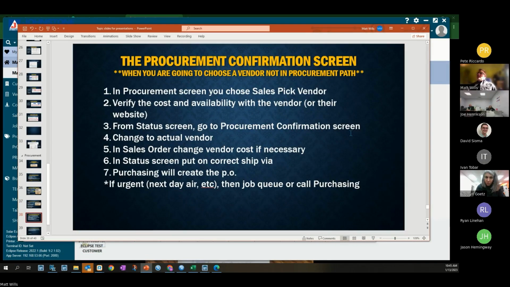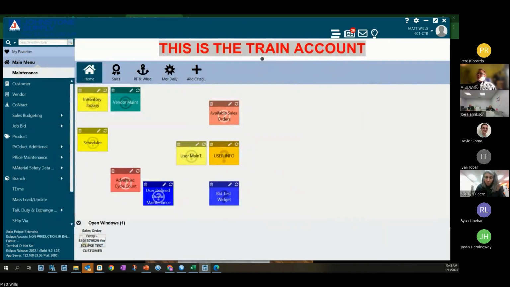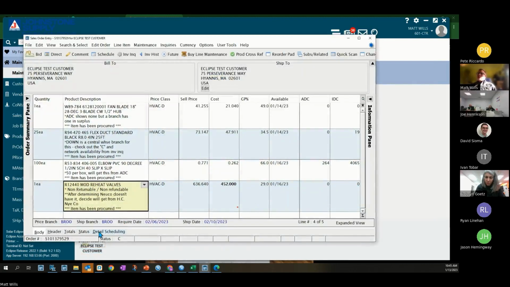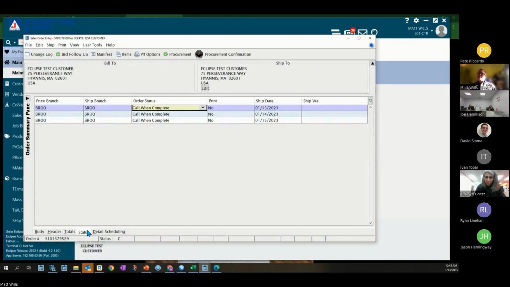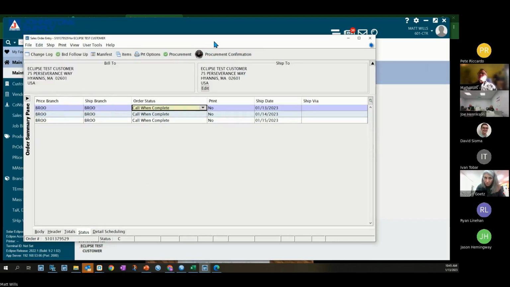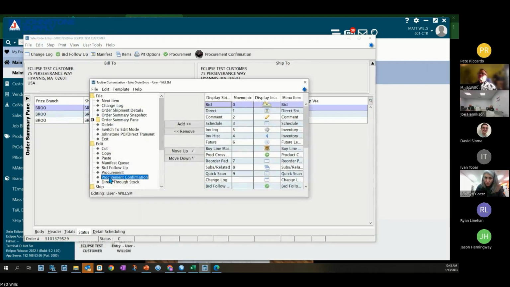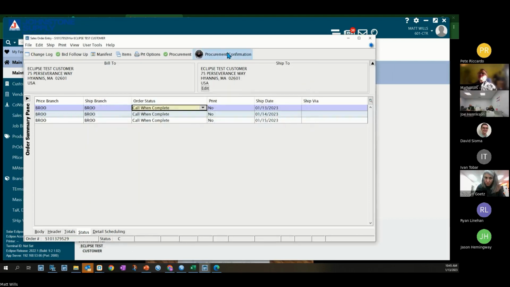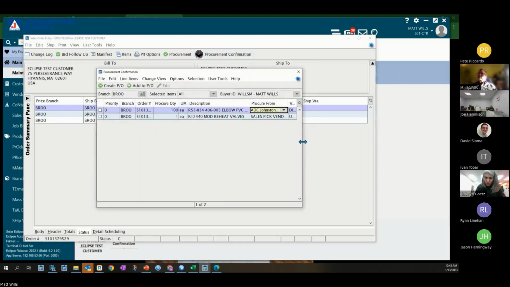So on the status screen, if you don't already have this on your toolbar, procurement confirmation, it is found under Edit, procurement confirmation. To add anything to your toolbar in general, you just right-click next to it, customize toolbar, whatever you want to add, click Add. So procurement confirmation, and in this screen,